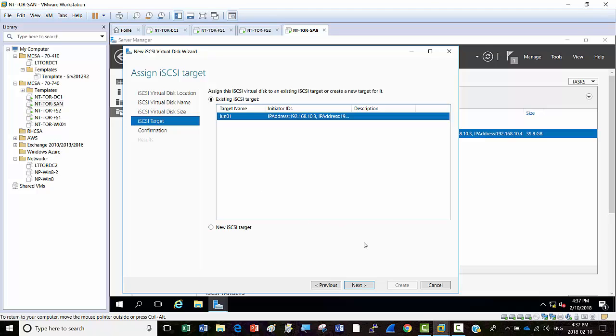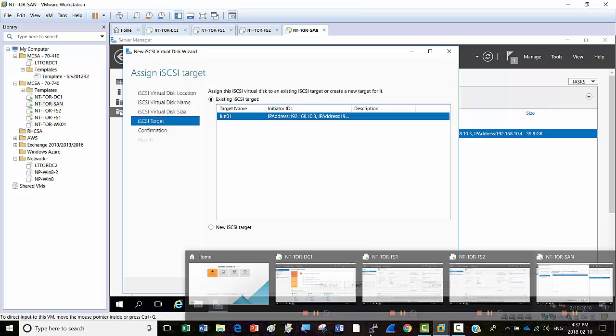So now the idea is, the storage will be remote for those servers. We are going to install the cluster role on top of that. So FS1, FS2, we are going to make them cluster nodes. They will not use their local disks. They will be using the remote disks. So please click on next,